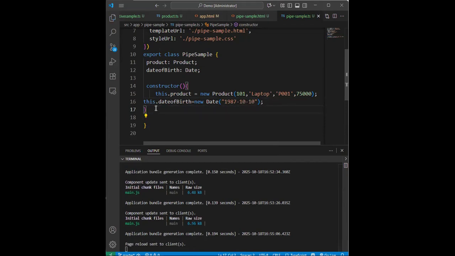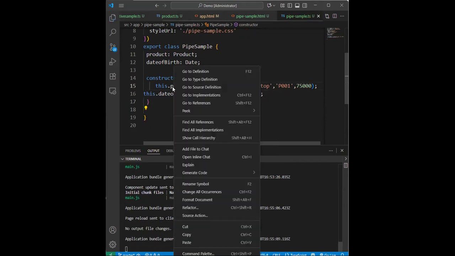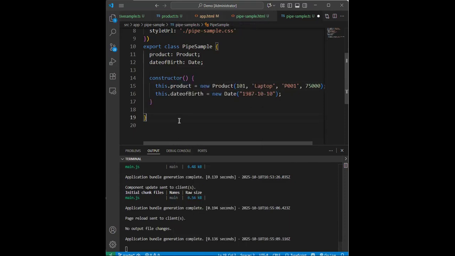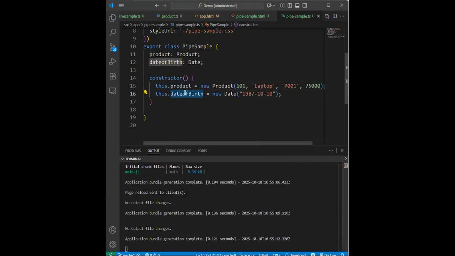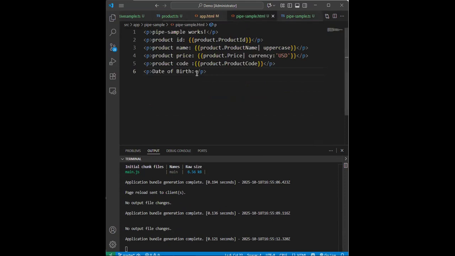This is the date of birth, and go to the format. This date of birth we have shown here. Go to the interpolation, and here